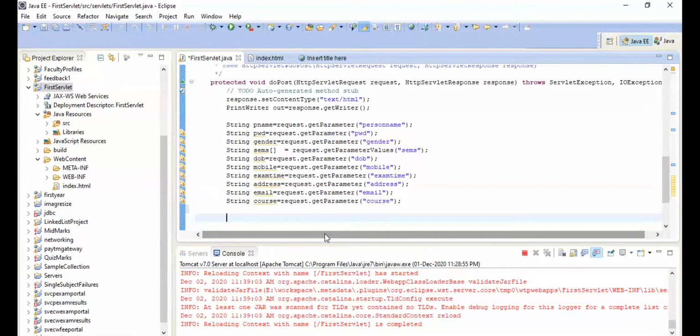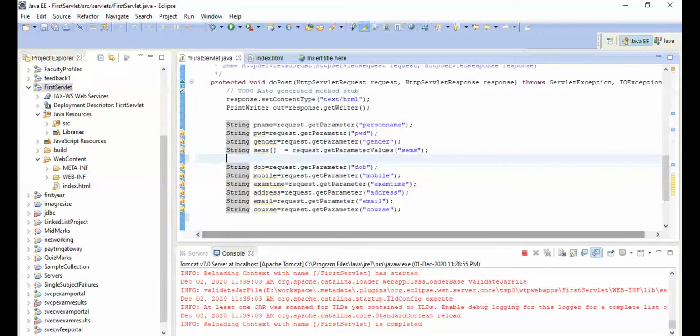So how do we place the contents into a table in HTML? Here the sems array variable I can convert into an array list. How do we convert an array into an array list? Can anyone help me?